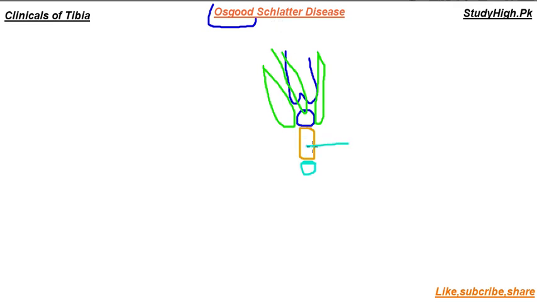Due to inflammation, it may also exert tension on the epiphyseal plate, and due to the disruption of the epiphyseal plate, it can also jeopardize or inhibit the growth of growing bones. So Osgood Schlatter disease is the inflammation of the ligamentum patellae that originates from the patella and inserts into the tibial tuberosity. Different types of inflammation are possible in different muscles of the body, like the muscles of the hand may also get inflamed. So what is the treatment of this condition?